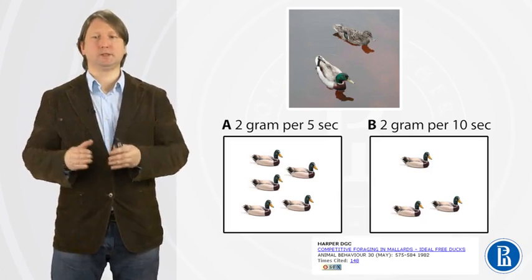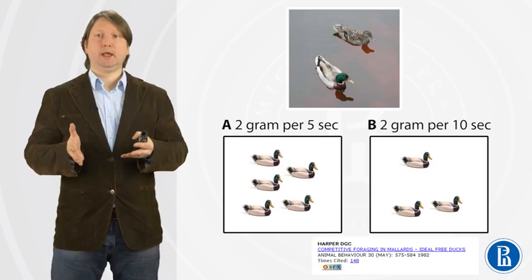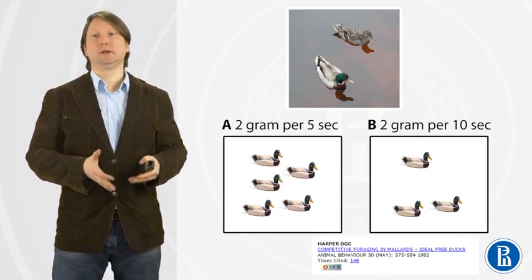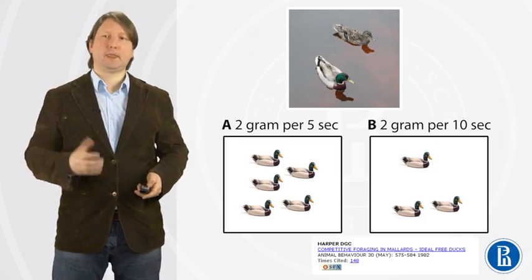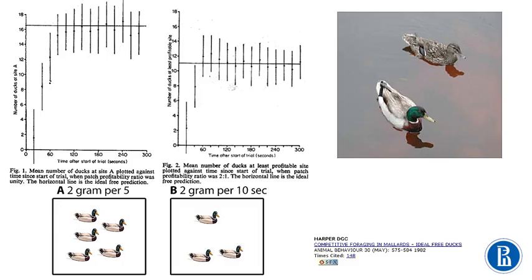Perhaps you will go to the place where there is more food available. But if all ducks go there, you will have a shortage of food. It will be smart to go to side B, where there are no ducks. So your decision depends very much on the decisions of others. And if we look at the distribution of ducks in this experiment, very quickly the number of ducks is distributed in a very rational way, according to the Nash equilibrium suggested by decision theory, by game theory. So when you make your decision, it is very much dependent on the decisions of others.